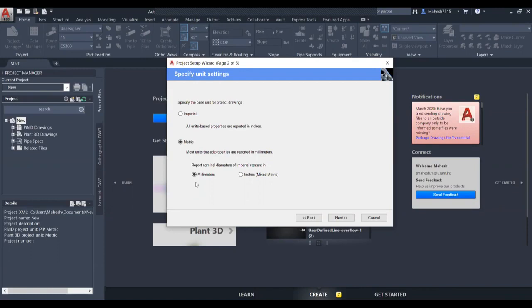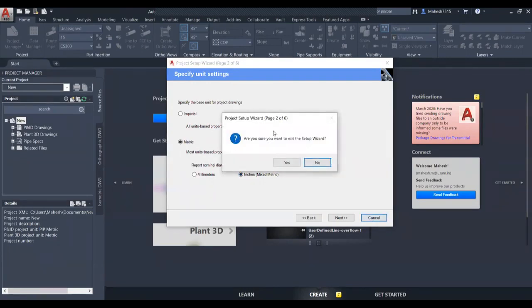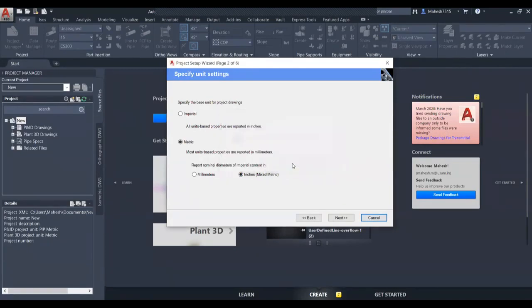So what we recommend for most users, as most projects will have both mm and inches, is to go and choose inches mixed metric, so that there won't be any problem while working in a project. So this is one such option where most of the users get some errors. Yes. Okay.